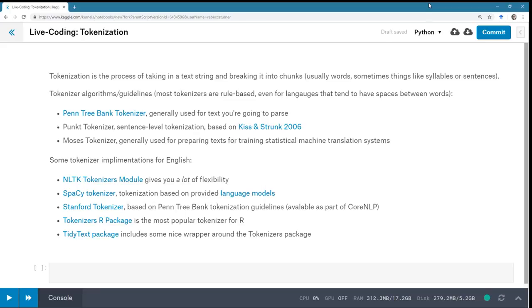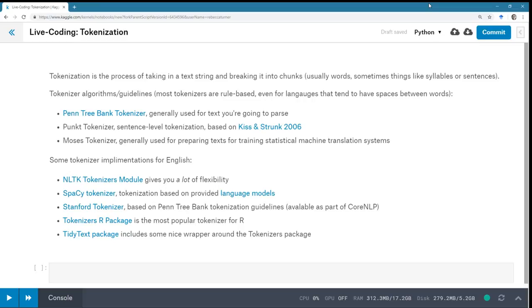Syllables, if you're working with a language that uses a syllabary, that might be useful for you. Sentences, that's what Punkt does. So any sort of process of taking in a text stream and then chopping it up into little bits, and then you can put those into any sort of data structure. If you care about order, you can use something like an array or a vector that's going to maintain information on order, or you can throw it into a hash data structure if you don't care about order and you're doing something like building a lexicon and all you're really interested in is how often different words occur. So it's really going to depend on the specific task that you're doing, what level you want to tokenize at.